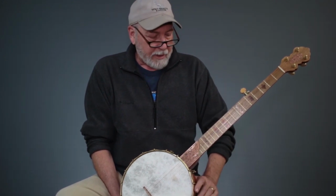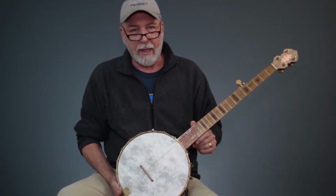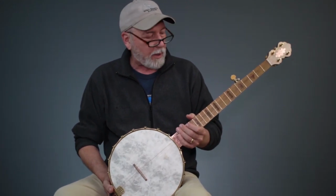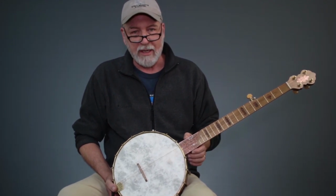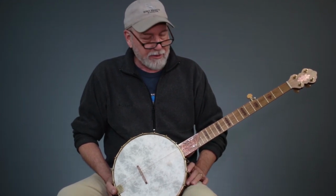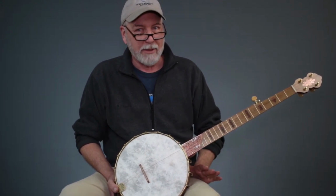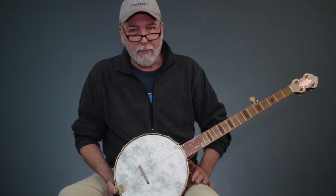Will's last year of building while he was sick, this was the last custom banjo that he started, and I ended up buying Will's parts and bits and pieces from his wife Paula, and really wanted to continue and finish some things that he had started. And a few years before that, I had sold a banjo that we built for me together. It was a short A scale banjo, and I just found my arms were too long, and I really regretted selling that banjo when Will got sick. So when I got Will's stuff,